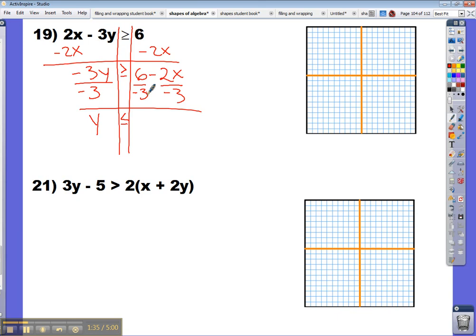6 divided by negative 3 is negative 2. And negative 2x divided by negative 3, well, negative divided by negative is a positive. And so we'll just have 2/3 that I'm going to leave in fractional form. And it's still being multiplied by x. So my inequality